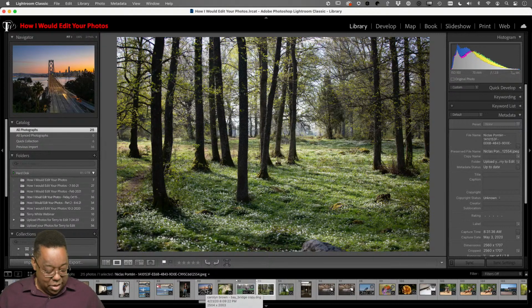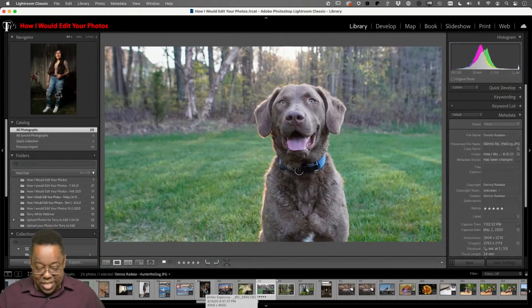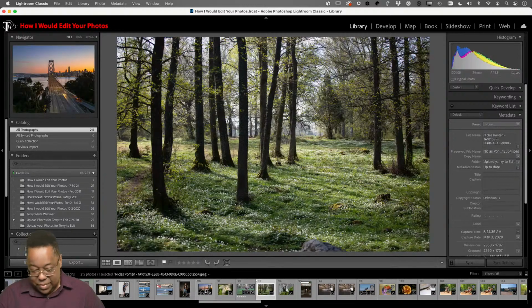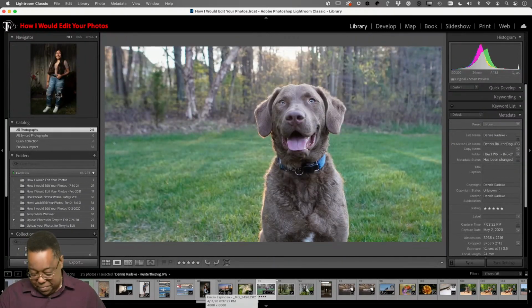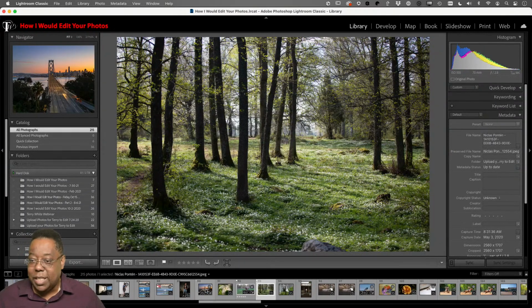So that way I get, oh, caps lock key is not down anymore. That's why. So let's unflag it. There we go. Yep, and then it goes away. All right, pick flag, on to the next photo. So caps lock key is great for when you want to quickly advance. Next up,